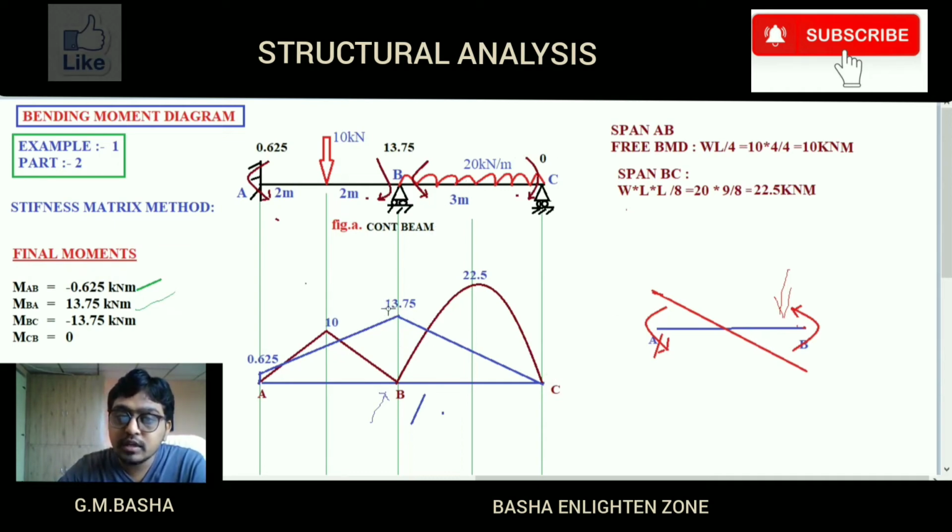So that one will be 13.75 only. You can come to C. So there will be zero movement. No force is acting at C because there will be a roller support. For roller, simply supported, or hinge, the movement at the supports will always be equal to 0. Therefore, there will be no movement here.